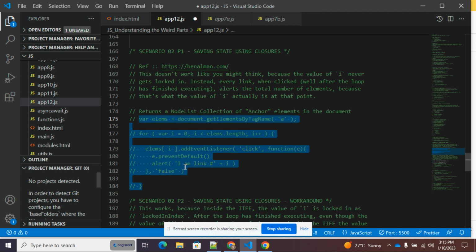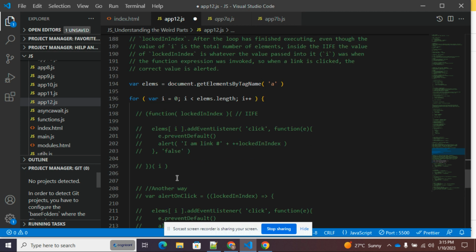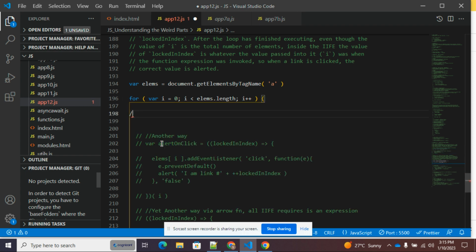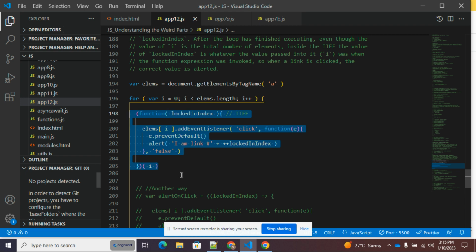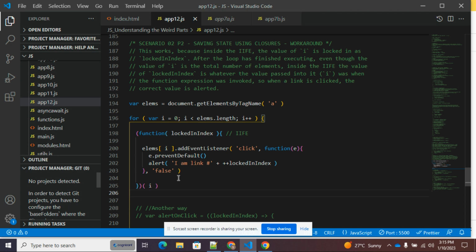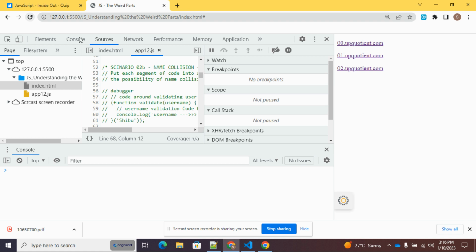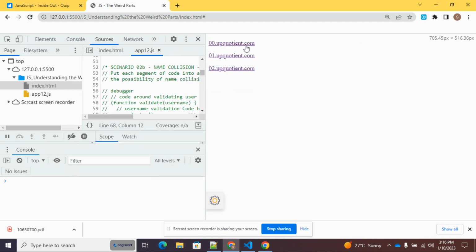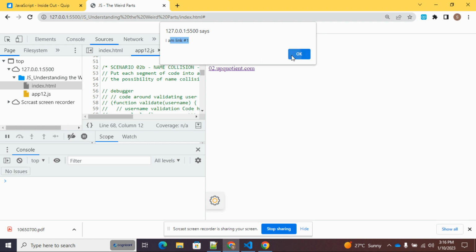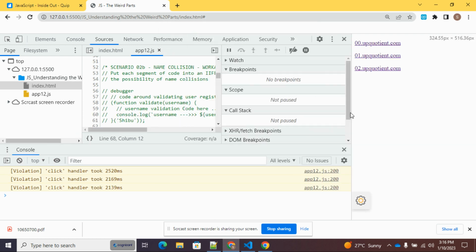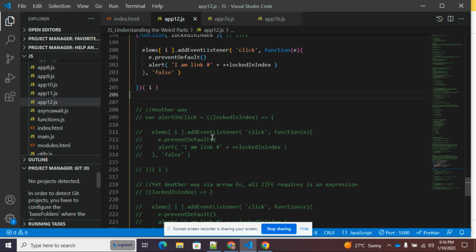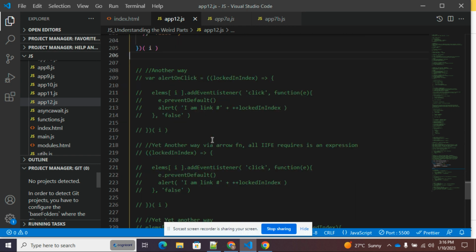I'll comment this out, move here, and uncomment this. Cool. And these are other variations that I will sift through. Okay, refresh, click here. You see one, and this should print two. The other one should print three. So essentially, the state is maintained, and there are different ways to write the same piece of code using an arrow function,